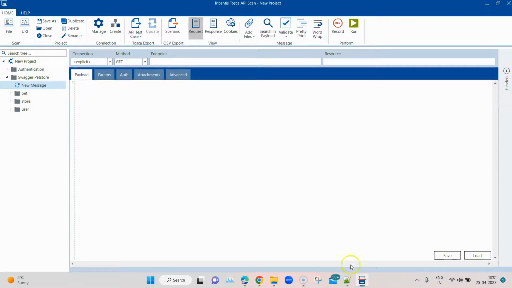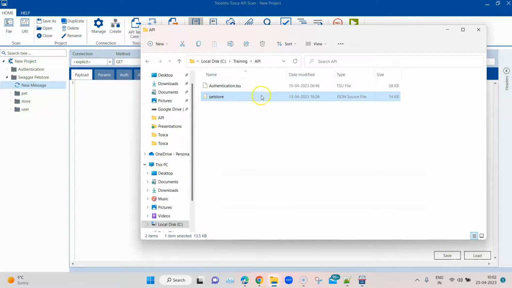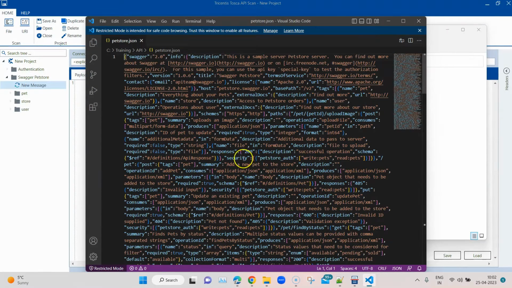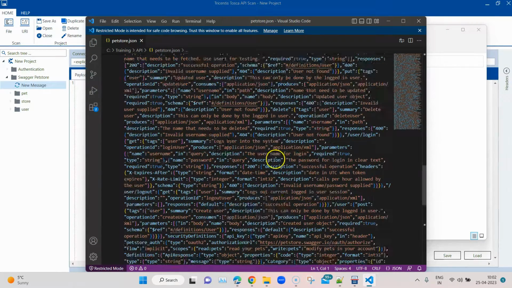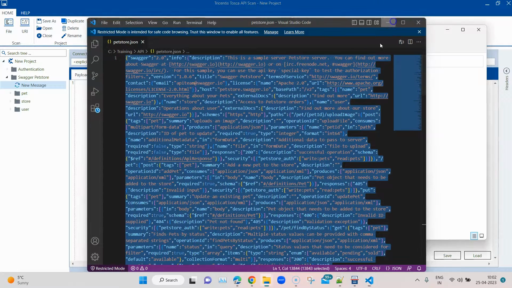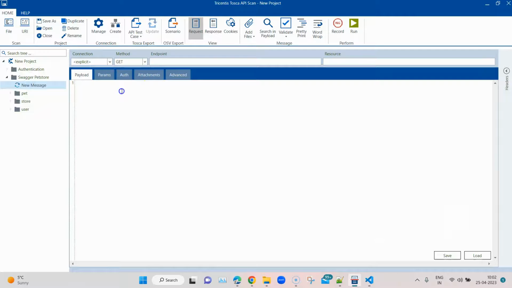And in this new message, I'm going to paste something. Okay, so I have this JSON file, which is for the pet store. It is a JSON source file, and if I open this, you will see that it has lots of JSON source, right? So if I copy this whole text and I come here and paste it here,